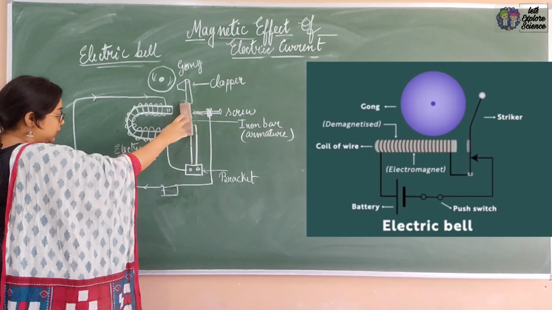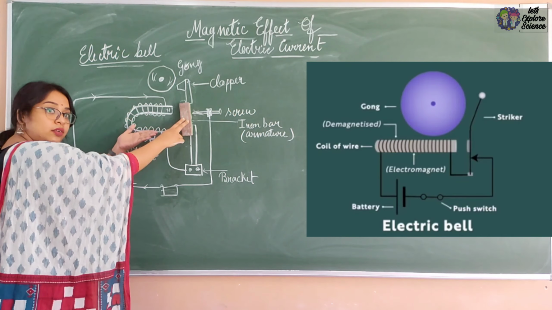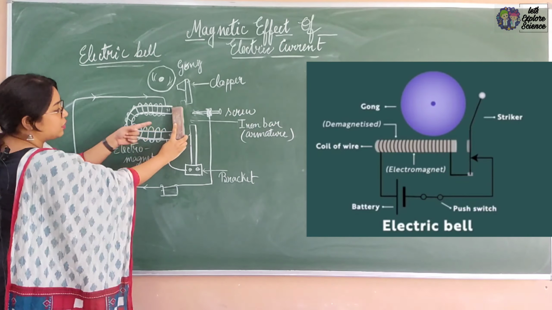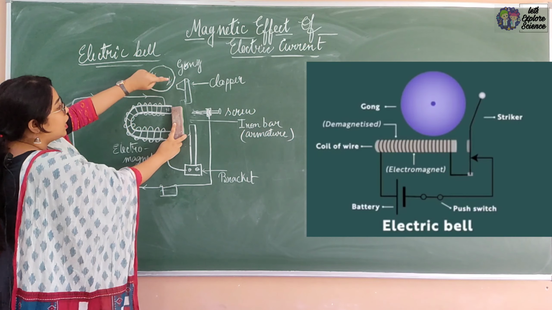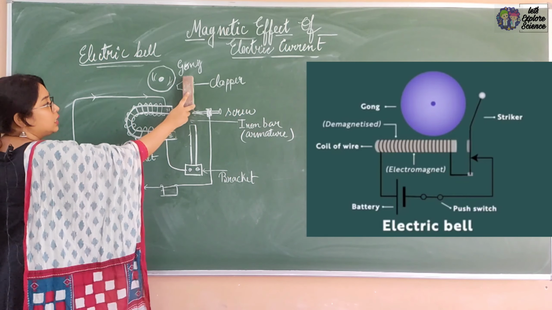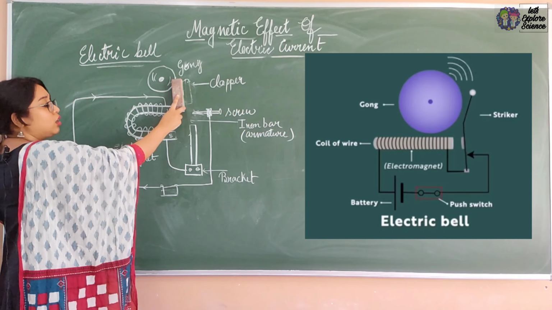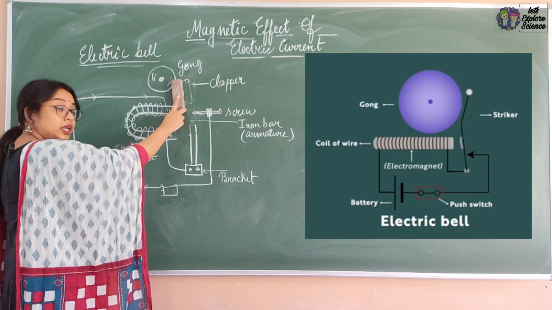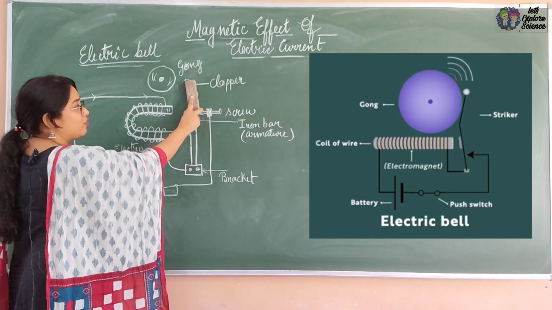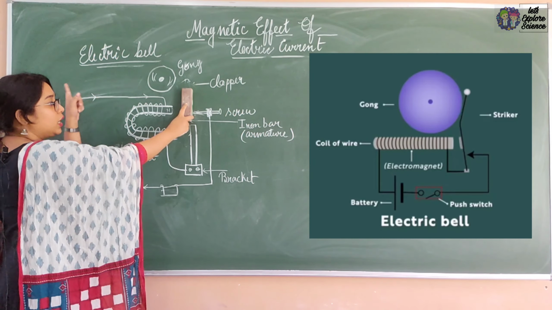The moment it goes back to its original place, it again completes the circuit. When it completes the circuit, electricity will again flow to this electromagnet, and this will again act as a magnet, and it will attract the armature, and then the clapper will hit the gong. See, this is a continuous process. Whenever it acts as an electromagnet, the clapper will hit the gong. The moment the clapper hits the gong, it will break the circuit and it won't act as an electromagnet, so it will move away. So it goes like this, tung, tung, tung. In this process, it will work.